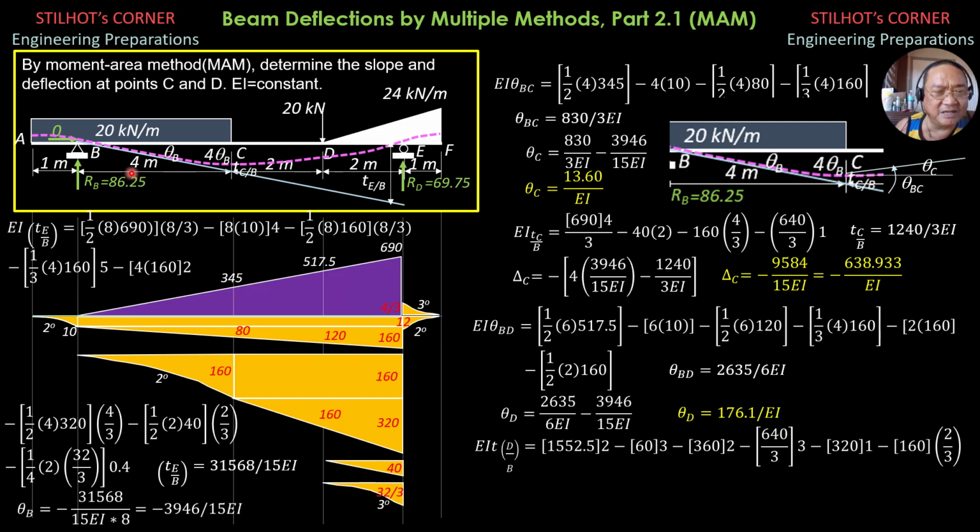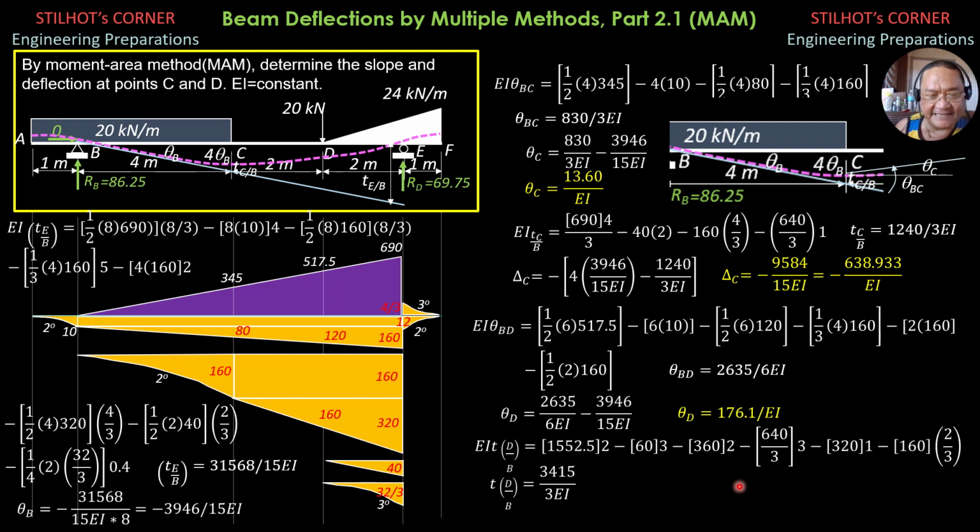Then because the distance between B and D is 6, then minus the next area, 360, this one triangle, and the moment arm is 2, 1/3 of 6, then minus this spandrel here, 640 over 3, the area, the moment arm is 1 plus 2, so 3, then minus this rectangle area, which is 320, this one, the moment arm is 1/2 of 2, then finally minus this area 160, this triangle here, the moment arm is 1/3 of 2, or 2/3. So computing,